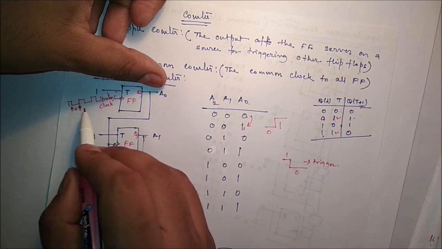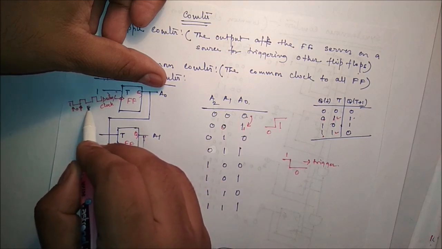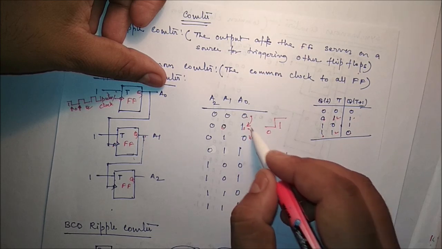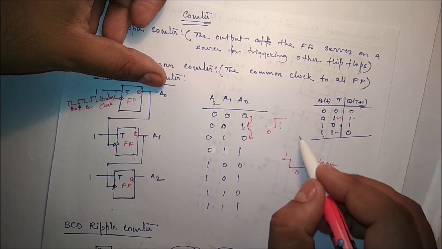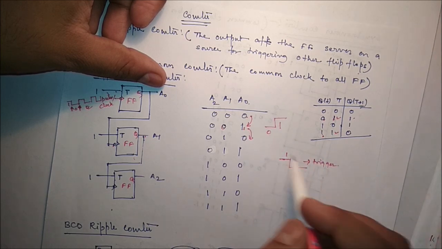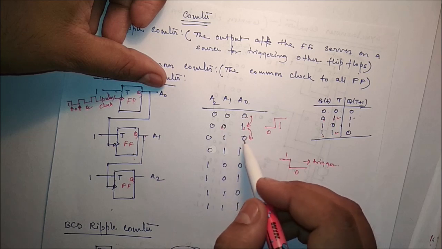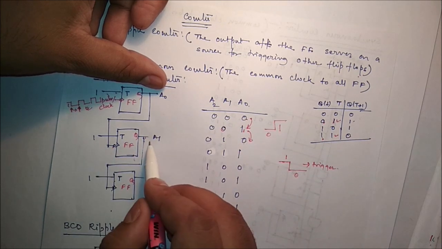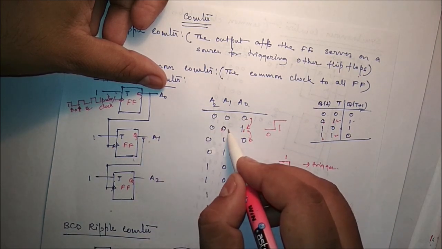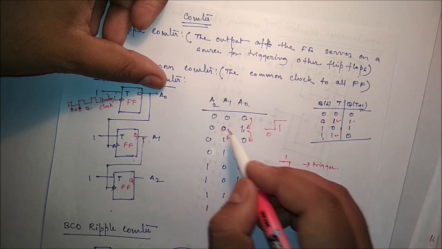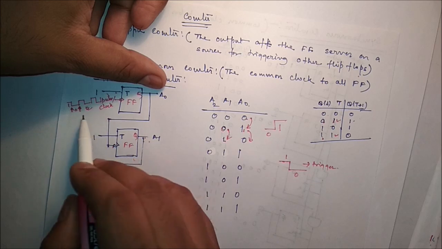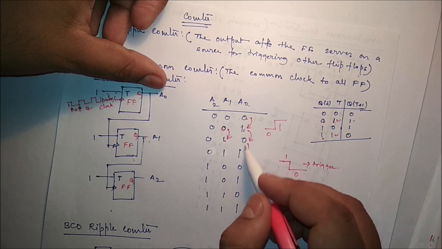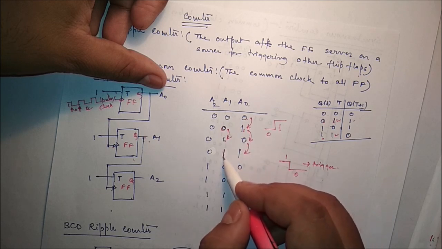But when you apply the second clock pulse, it will move from 1 to 0. When it moves from 1 to 0, what does that mean? It will create a negative edge clock pulse, or it will feed a negative edge clock pulse to A1, and hence it will change state, so it will be 0 to 1. Once again, if you apply another clock pulse, it will move from 0 to 1, but the content of this will not change because 0 to 1 is a positive edge, so it will remain as it is.